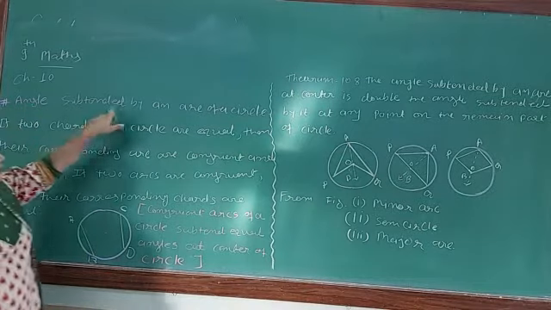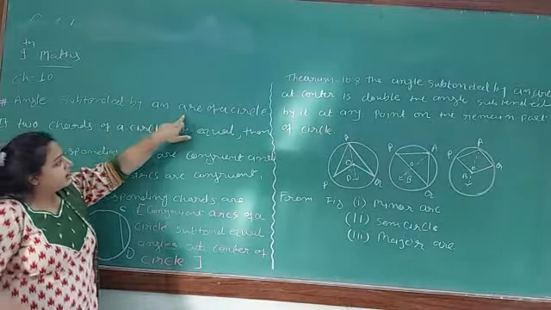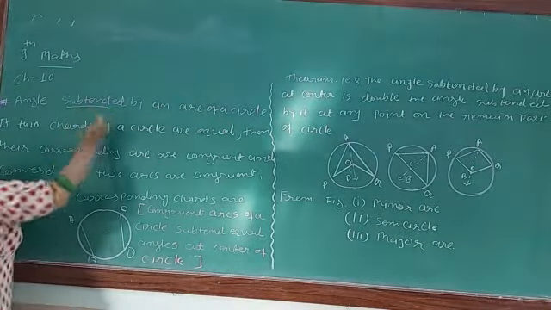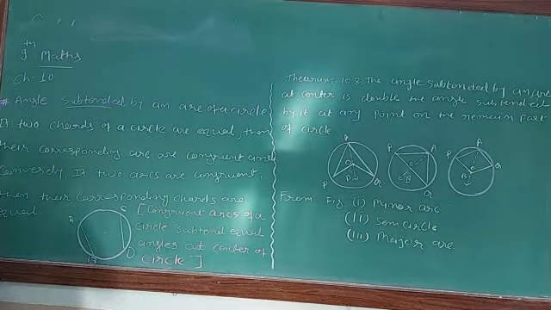Angle subtended by an arc of a circle. Now what is the meaning of subtended? That means formed. An angle formed by an arc on a circle. They purposely use the word subtended because we have to compare the arc with an angle. That's why they say subtended here. And what are they saying about that theory?